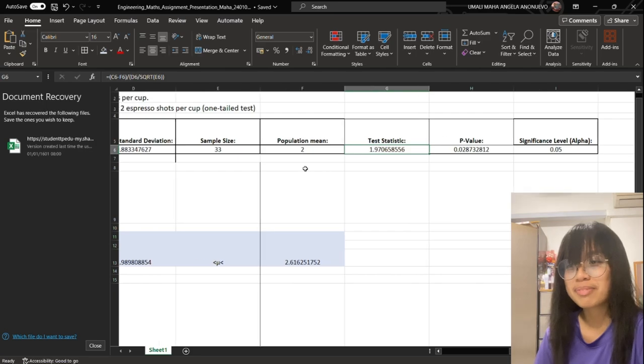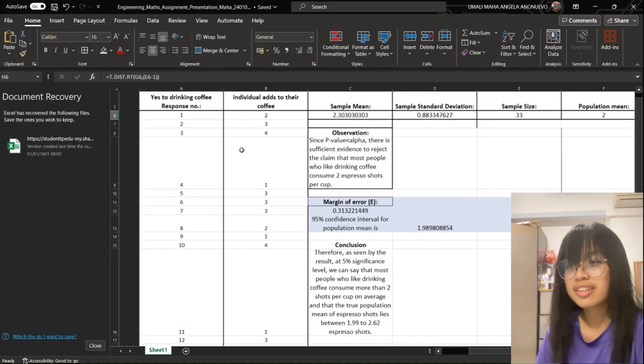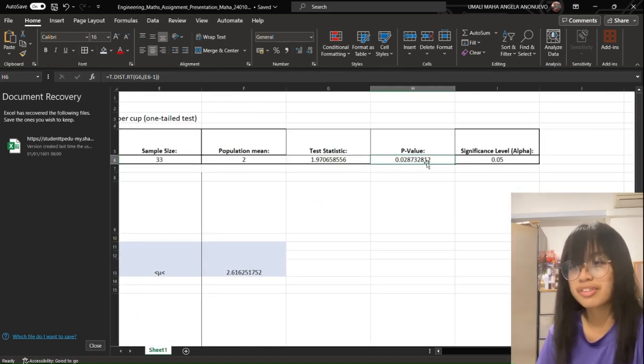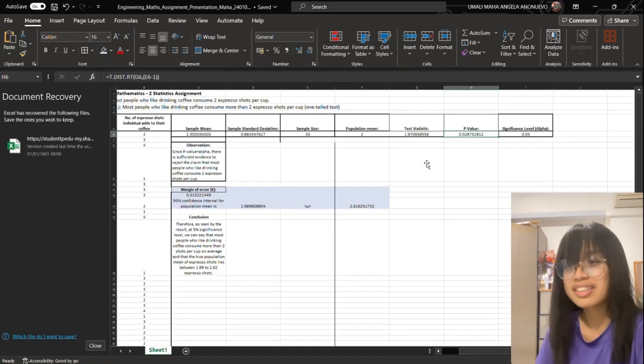Once I am done computing the test statistic, we'll then find the p-value. The p-value will determine whether there is sufficient evidence to reject the claim that people who like coffee consume 2 espresso shots per cup on average. Remember, the evidence is sufficient if the p-value is less than or equal to the significance level, and insufficient if the p-value obtained is more than the significance level. In Excel, we will then key in